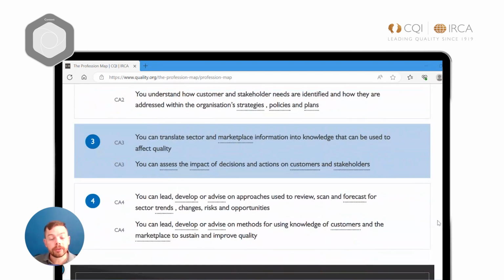In Tier 4 of customers in the marketplace, we're talking about leading the organization, understanding all of the market drivers, but also the opportunity that we have in driving the organization forward with innovation. So we're leading, we're developing, we're advising on methods from our body of knowledge in terms of improving the performance of the product and of the process,